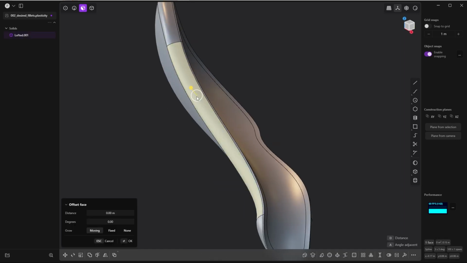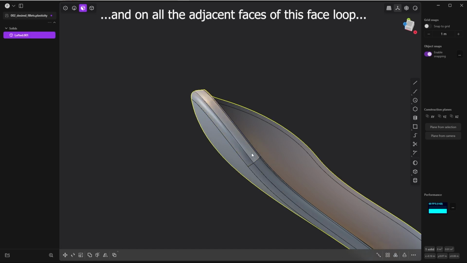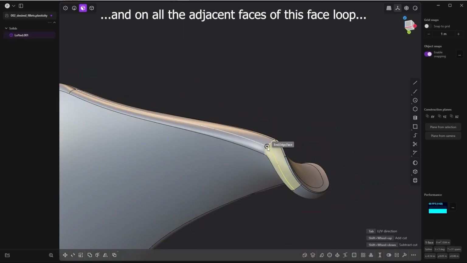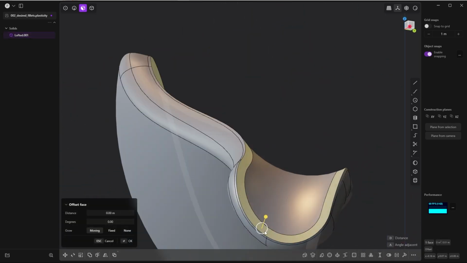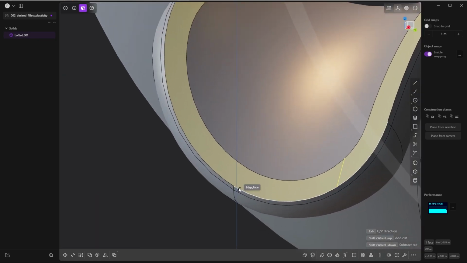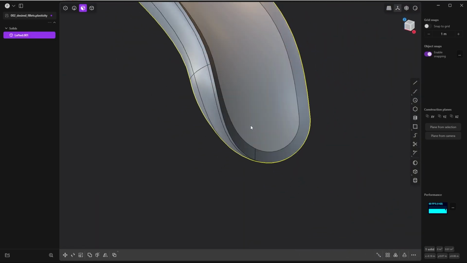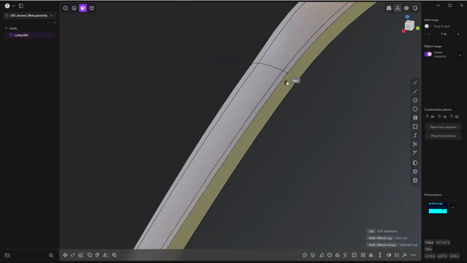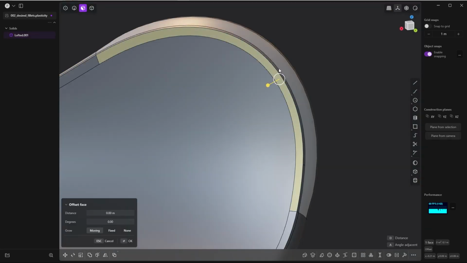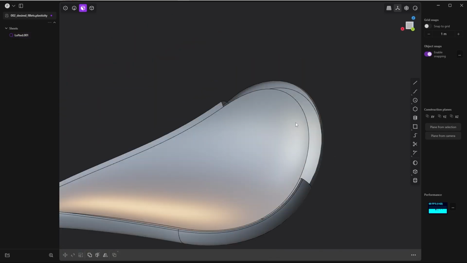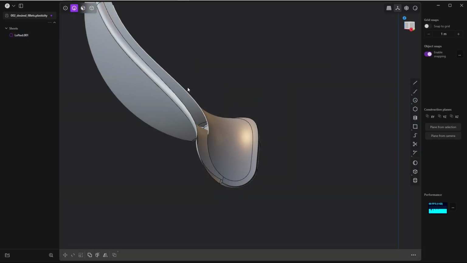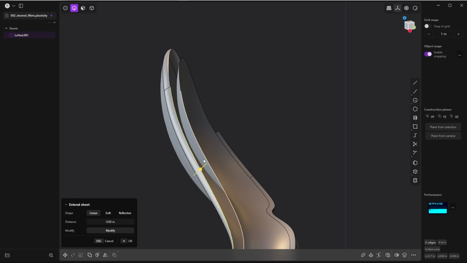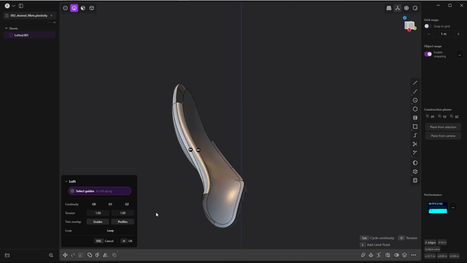Face mode, select this guy, press Ctrl R, press tab, changing the direction, and do the same here and here. And you see where I'm going with this. Do the same here and snap it to these snapping points so you can cut them comfortably. Then you can delete this junk. Go to edge mode, loft them with G1 continuity,